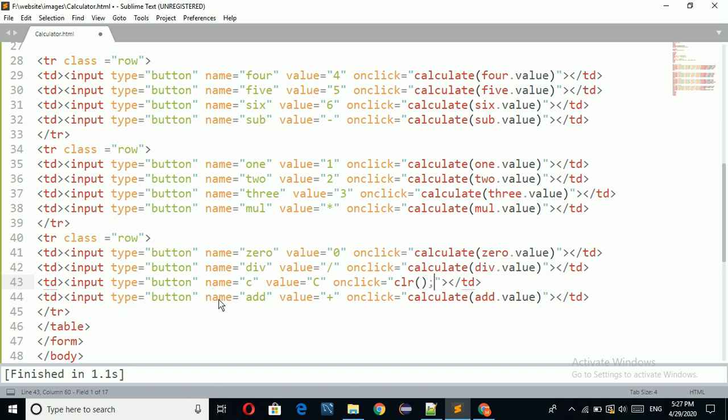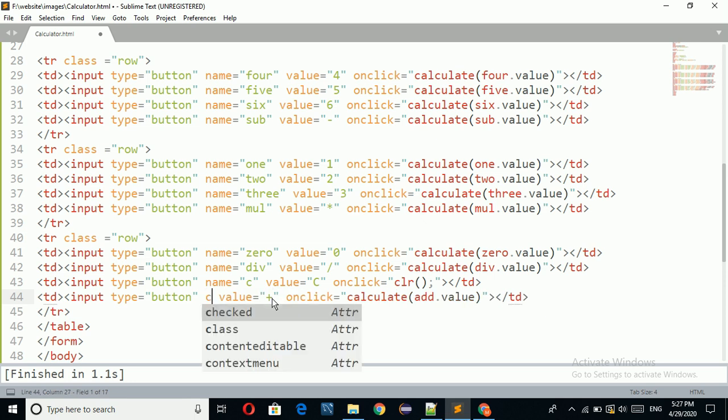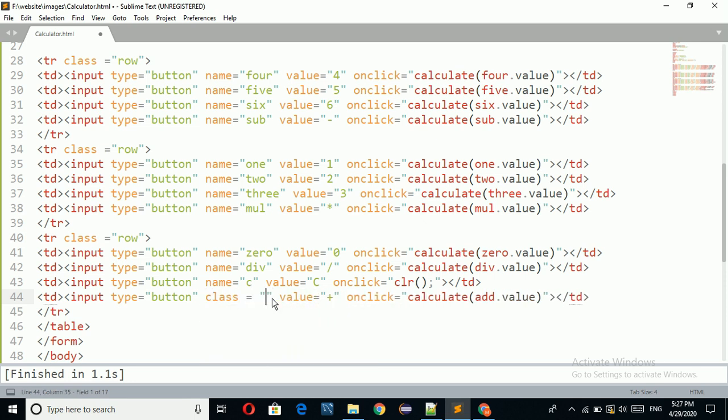That's it. Here I am going to take the equal operator. Here I want to take class equal to red for applying the CSS to the equal operator.